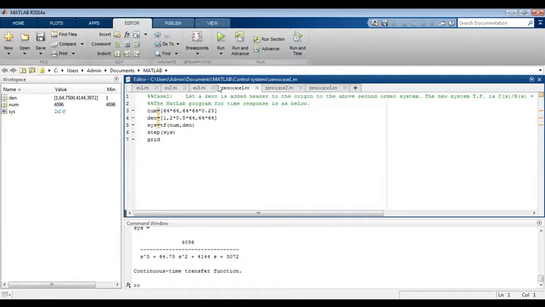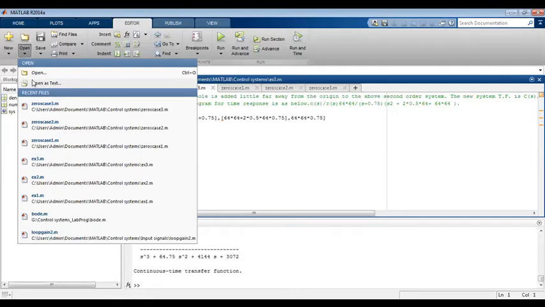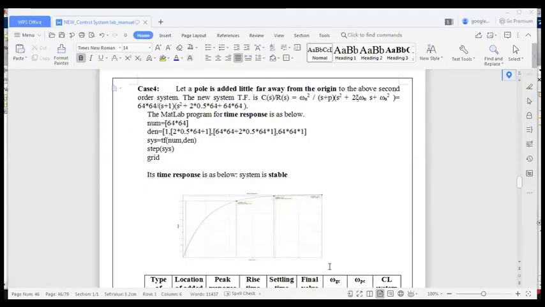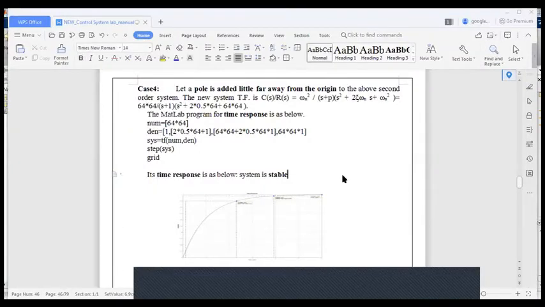Because it is the same. Actually for this case, you can check that again the system will be stable, and you see that when you go on adding a pole a little away from the origin, the system will be stable. The only difference you have to see is that there will be an increase in the rise time and settling time. But as the poles are moved away from the origin, the system will be stable again. That's what you have to observe.